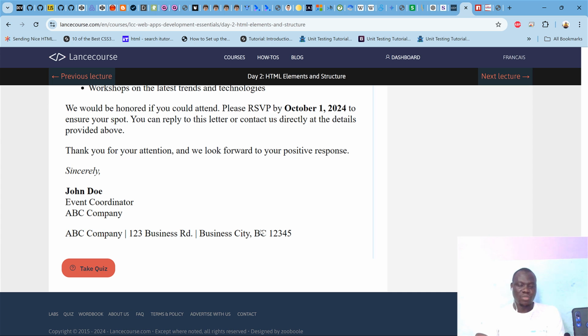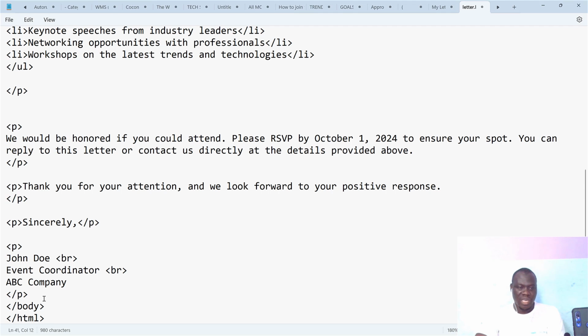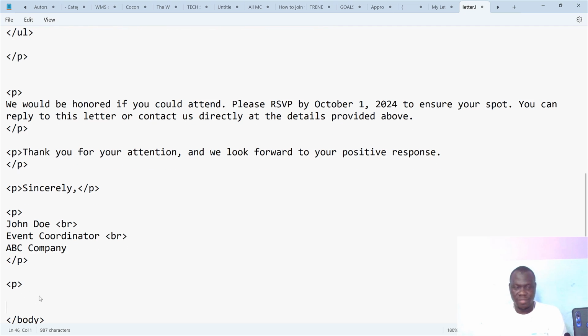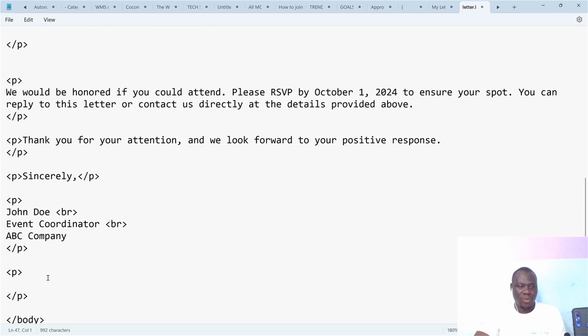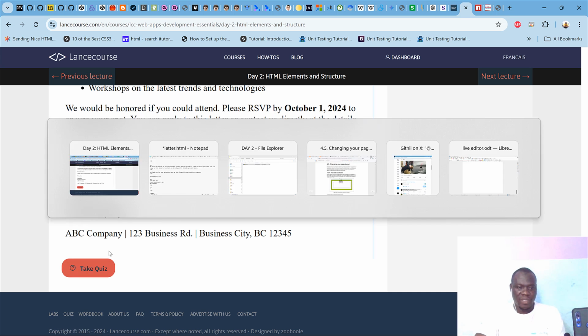This actually ends the paragraph, because if I have to use BRs to bring the ABC company address and so on, that would be a lot of BRs. I would have to use 2 BRs after that. So it's best I use another paragraph. I guess after this assignment, one should be really acquainted with paragraphs and understand their game. So we have ABC company,